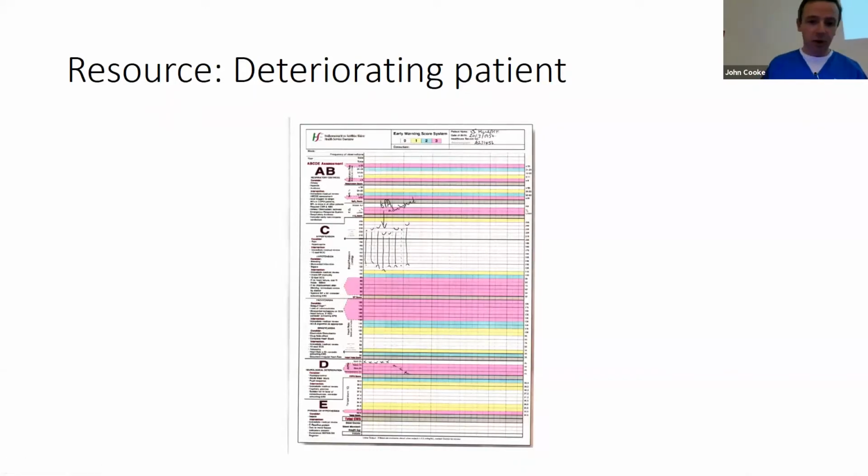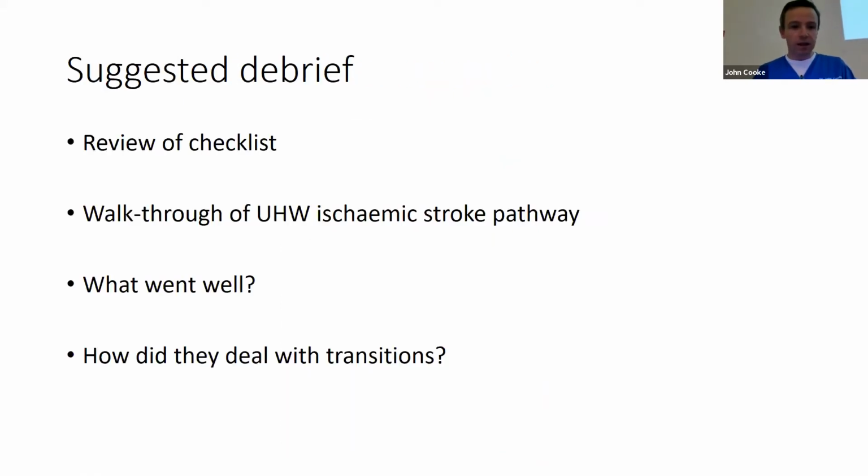This is by no means a complete scenario, but it does feel like the beginnings of a scenario, and it didn't take a massive amount of time to put together. The debrief that I suggested is simply a review of the checklist that was provided, a walkthrough of the UHW ischemic stroke pathway to discuss what went well within the scenario, and to specifically